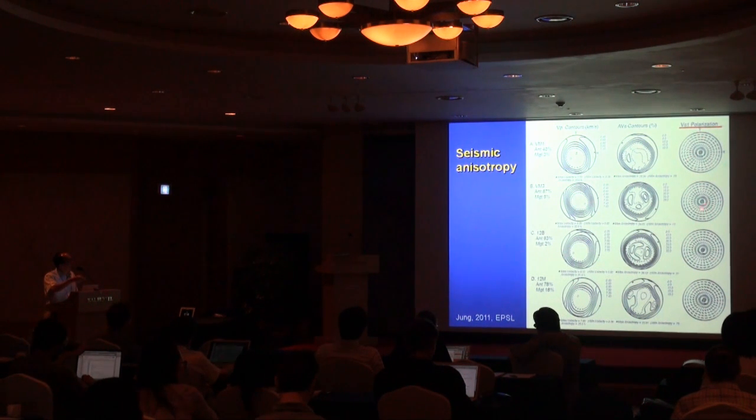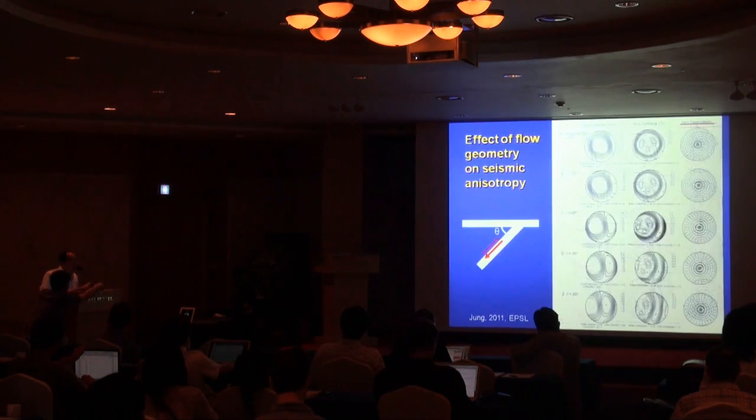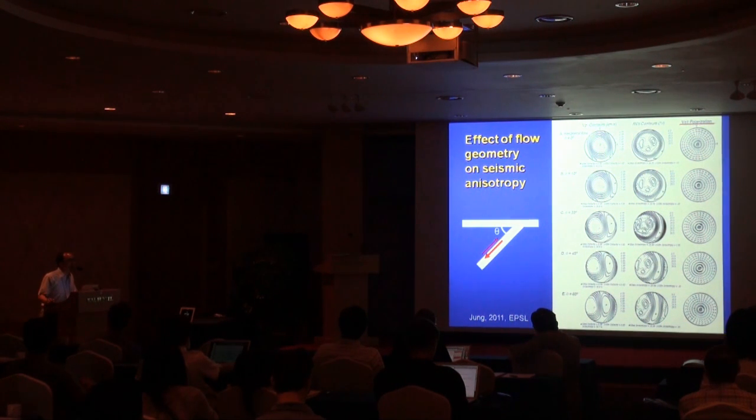Also, the other sample shows a similar trend. This seismic anisotropy produced by the serpentine can be used to explain the trench-parallel seismic anisotropy. One more thing to consider is the effect of flow geometry on seismic anisotropy, because when you have this subduction angle here, the seismic signature of this fabric would be